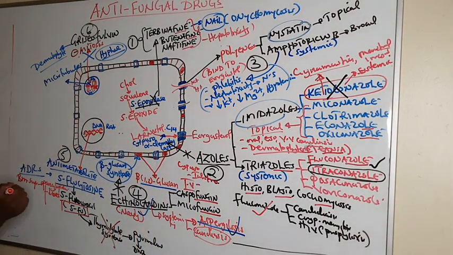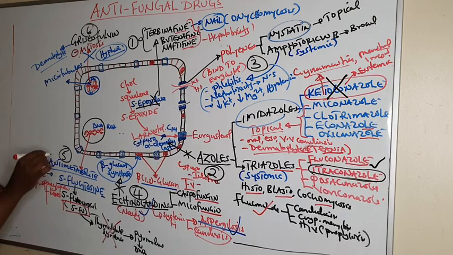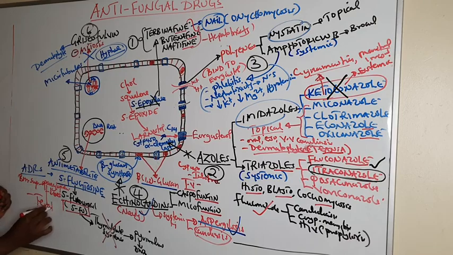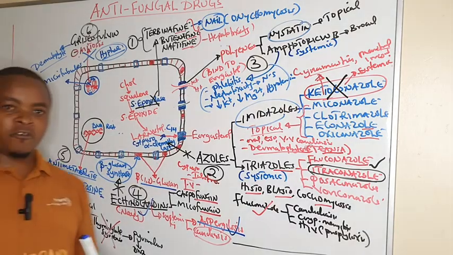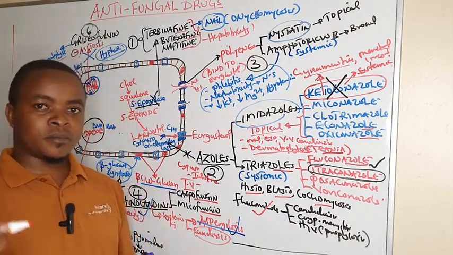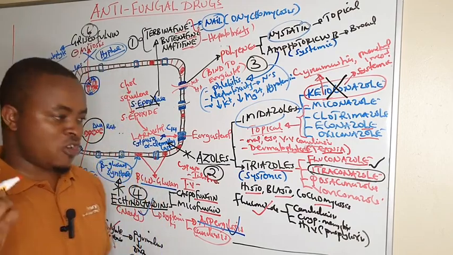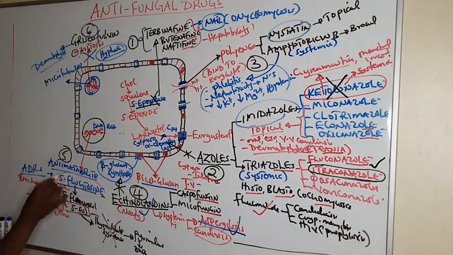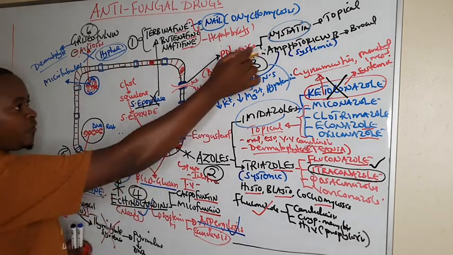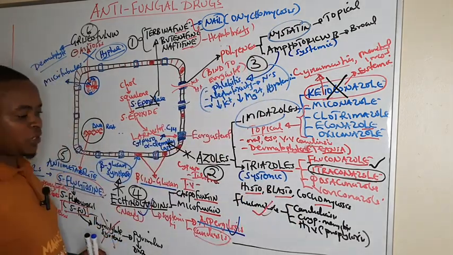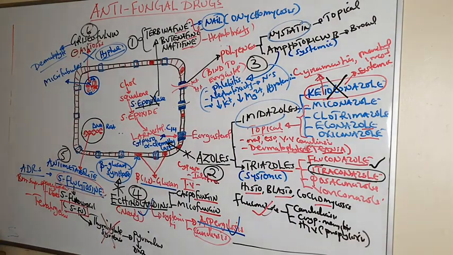And apart from that, this antimetabolite is teratogenic, so it is not encouraged in pregnancy. If you have a pregnant or breastfeeding mother, you are not allowed to use 5-flucytosine. You can resort to only amphotericin or fluconazole for treatment of cryptococcal meningitis. Why? Because it is teratogenic and also it is